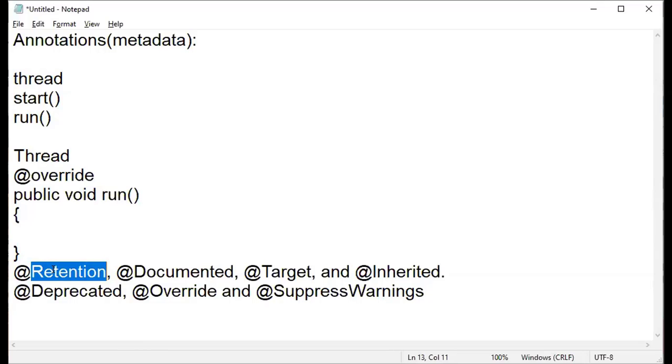Retention means, with respect to annotations, say for example you wrote a program, and you have written certain comments in that particular program. Now you want those comments to be retained in a documentation. That means once you build a project, you will be preparing the documentation of that project, like what are the methods you have used and everything, right? So if you want a description whatever you have written in the documentation also,